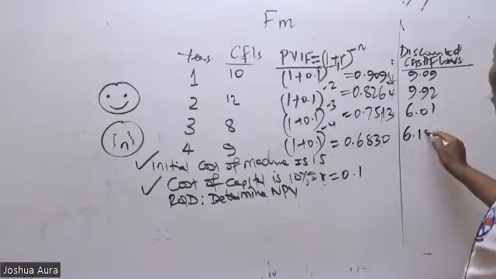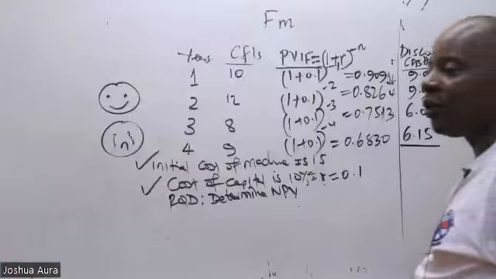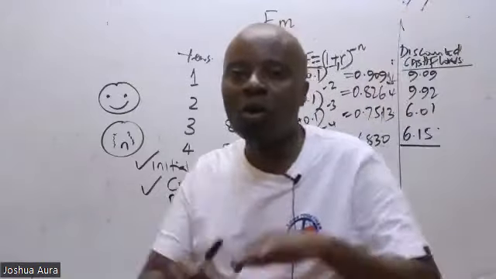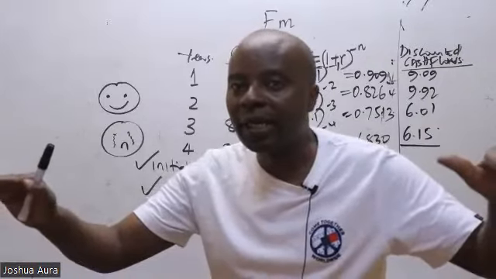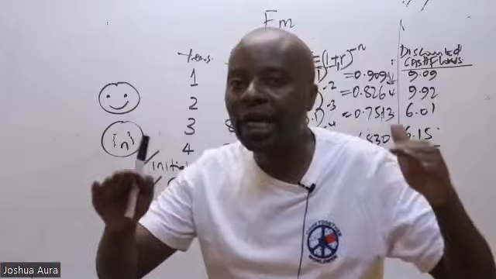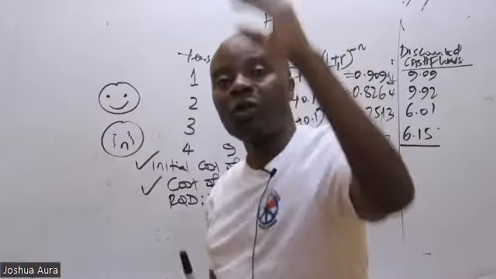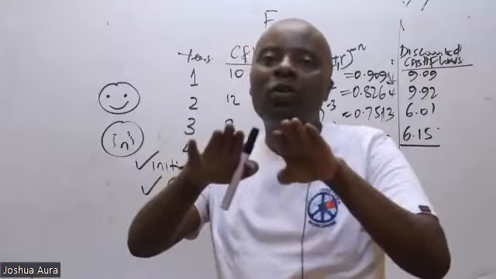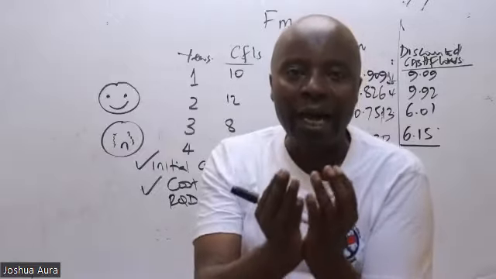They're quite close. Ladies and gentlemen, what do you know about these discounted cash flows? All of them belong to the same timeline. All of them are today's cash flows. They have been discounted, removed from the future to today. So if they are on the same timeline, then they are children of the same mother. Now we can add them up.